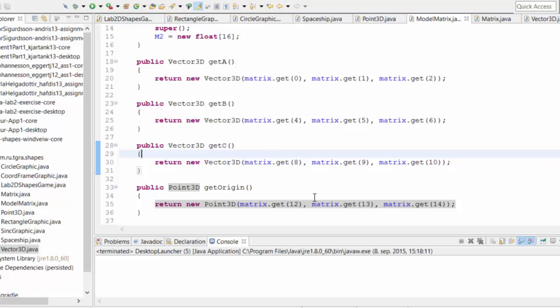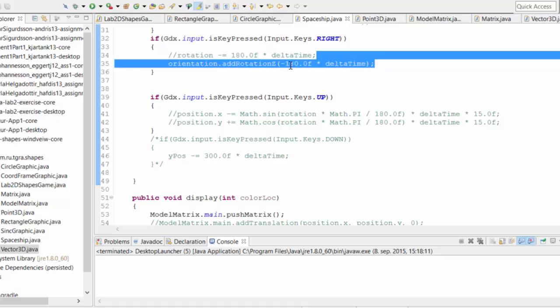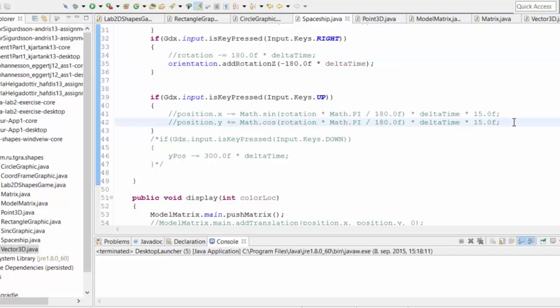Because if we look at a 3-dimensional coordinate frame like this, with one sticking out of the board, the direction we're facing is inward along the negative z-axis. Anyway, in this case, we're going to say this get B will give us our y-axis. So inside our spaceship, instead of adding this sinus rotation stuff, that has already been done inside our matrix. So now we should be able to say